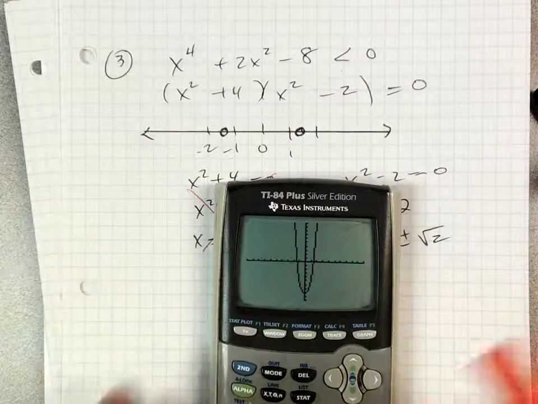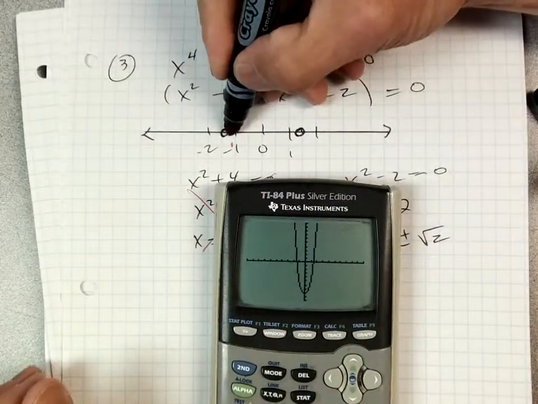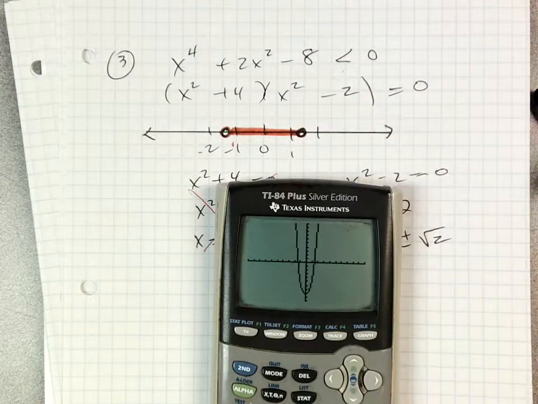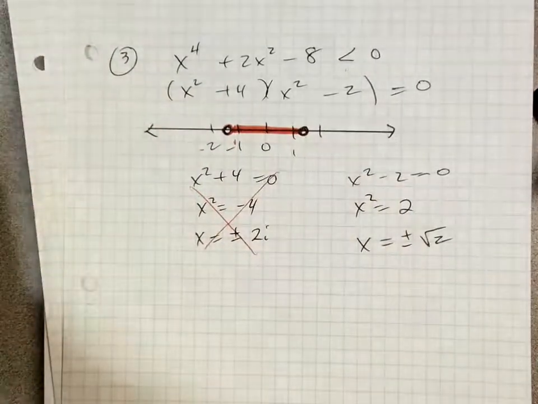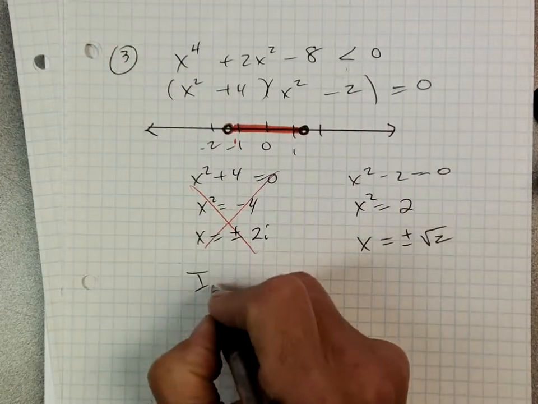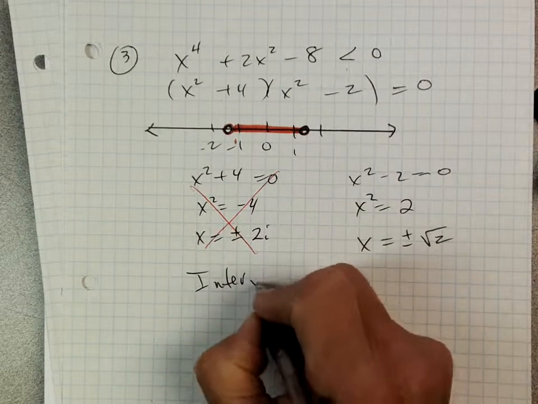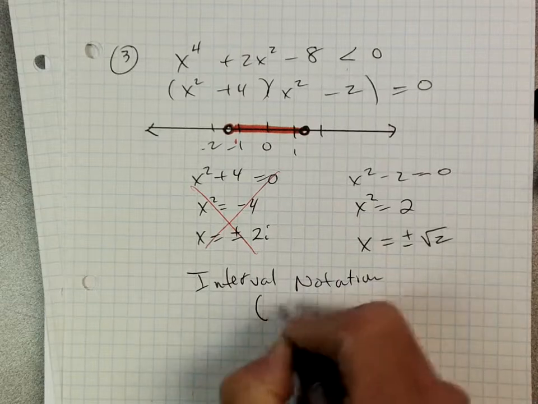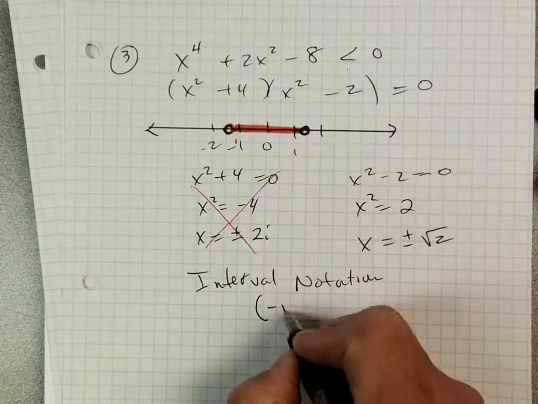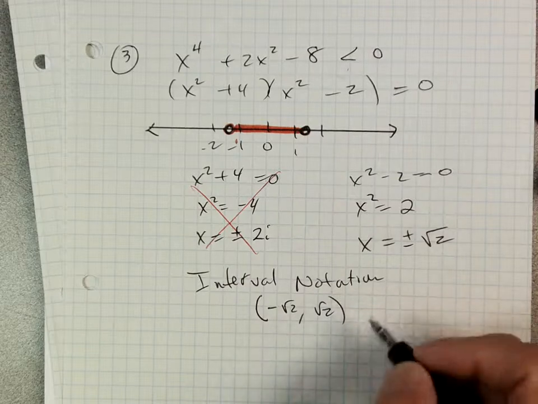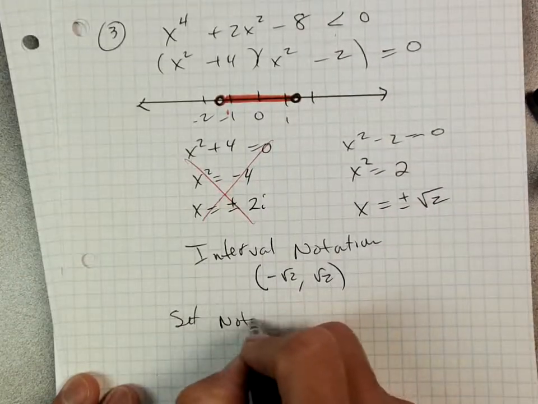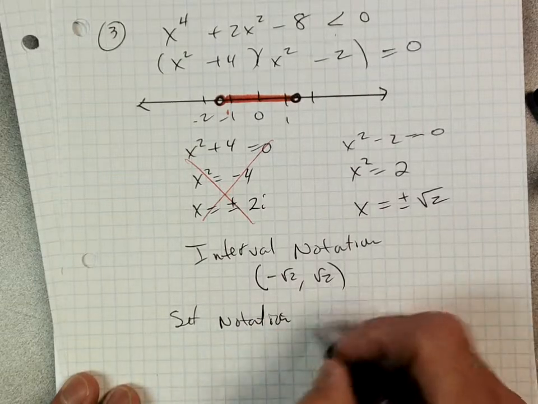So I'm going to go back up here and shade this region. So my number line looks like that. And then the interval, as far as interval notation, almost done. For interval notation, we're just going to use parentheses because it doesn't include the endpoints. Negative square root of 2, comma, square root of 2. If you like set notation, I'll take either one. Set notation would be negative square